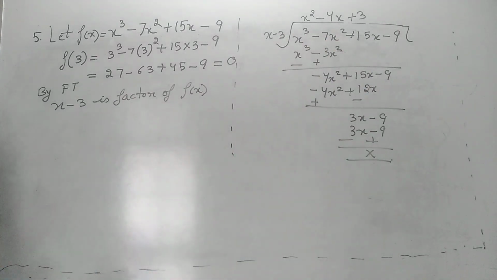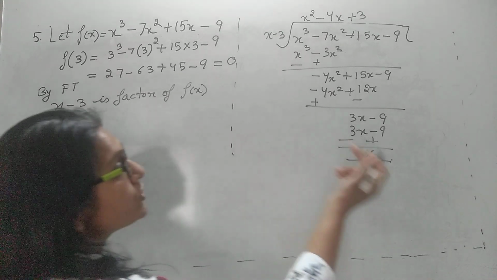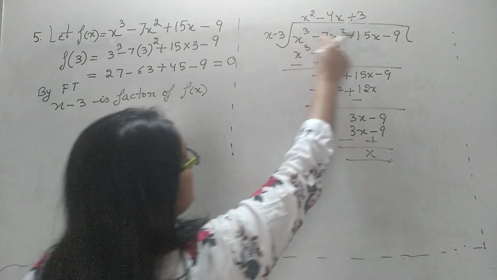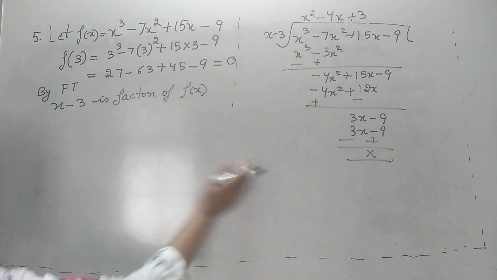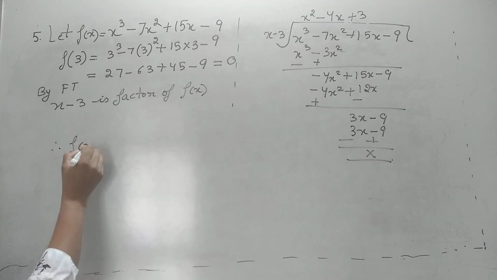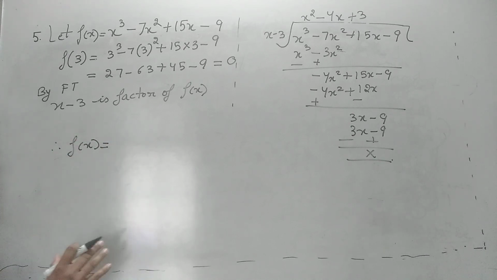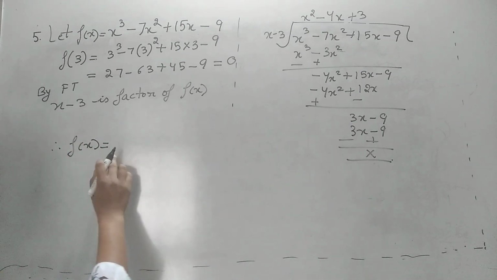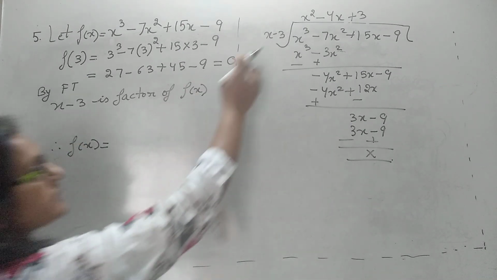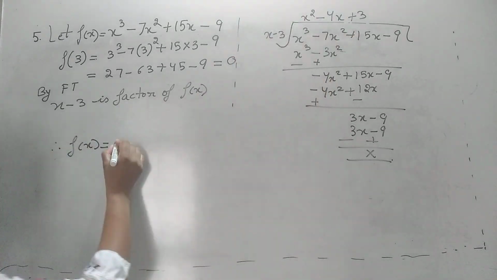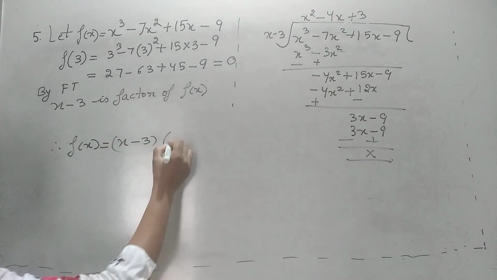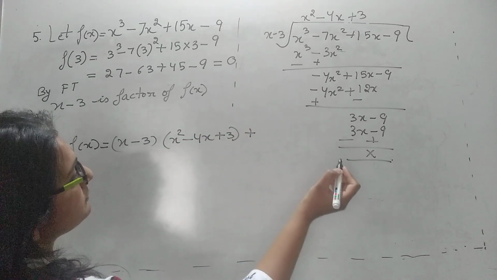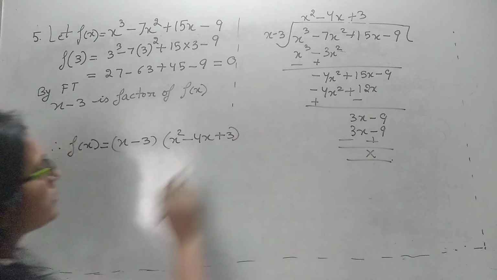Now how are we going to write? Now we will apply the division algorithm. All of you know what the dividend is. This is the dividend. I write it as f(x). So f(x) is what? What is the question? To factorize. So our answer does not end here. We have to factorize it completely. f(x), what is the dividend? It is divisor into quotient plus remainder. And what is the remainder? It is 0. So this much.